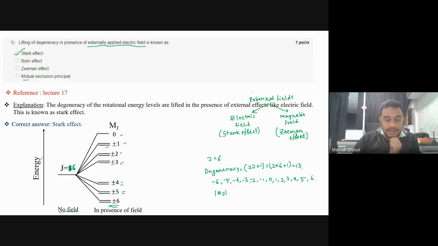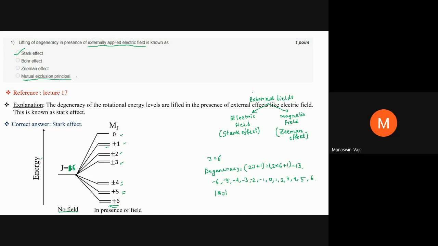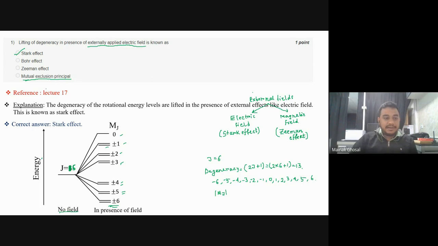Have you heard this? Two or more identical particles with half integer spins cannot occupy the same quantum state. Yeah, yeah. And there is another rule for the mutual exclusion principle, that you will learn in